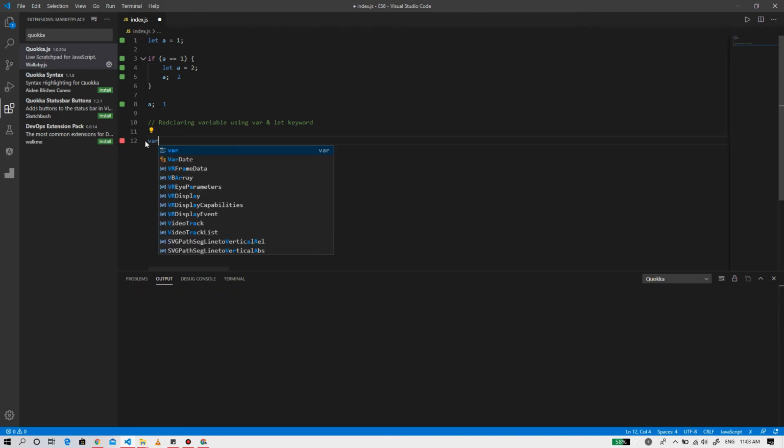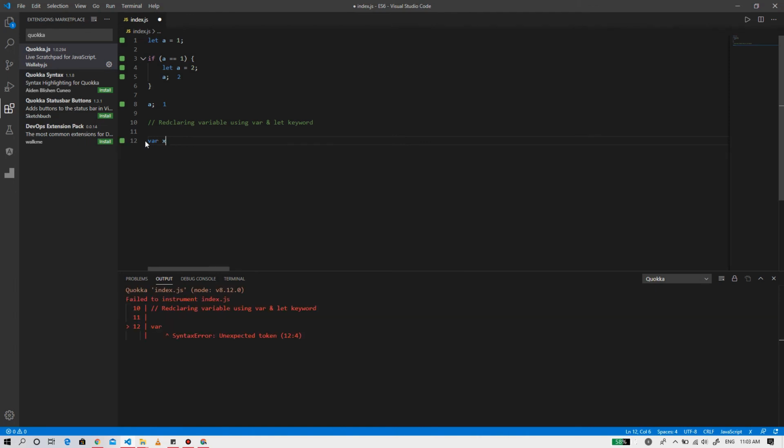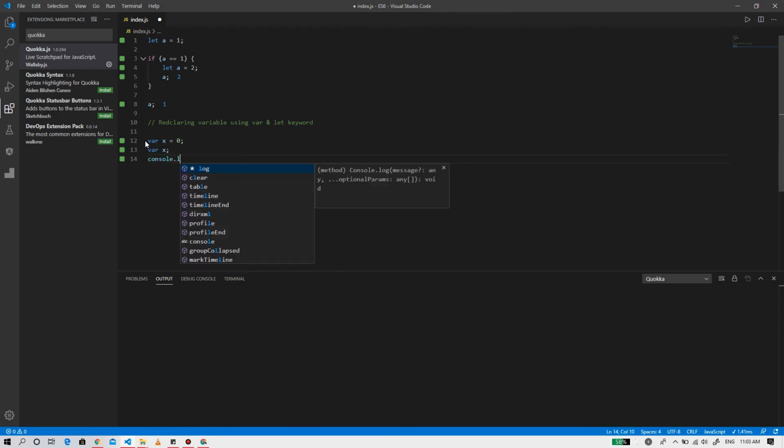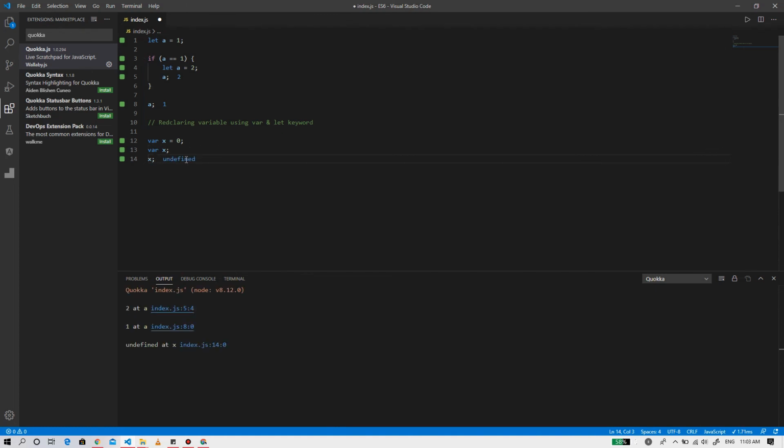For example, var x = 0, var x without a value, then console.log x, or we can write undefined. First it was declared and initialized with the value of 0, then we redeclared the x variable again without any value. If we look at the value of that variable, it shows undefined.